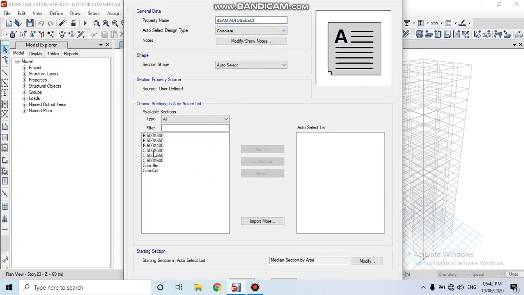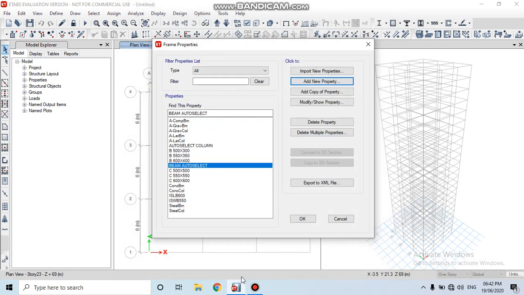Here the beam parameters are adopted. Then add to the auto select list. Then click on OK. Here the beam auto select has been carried out. Next click on OK.